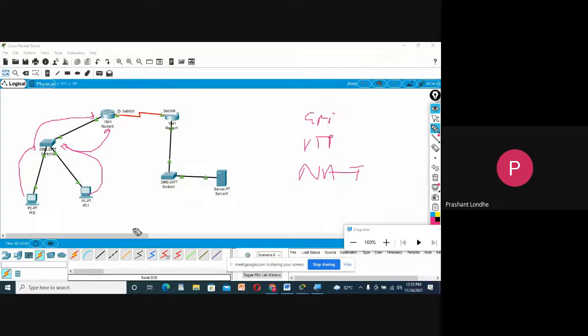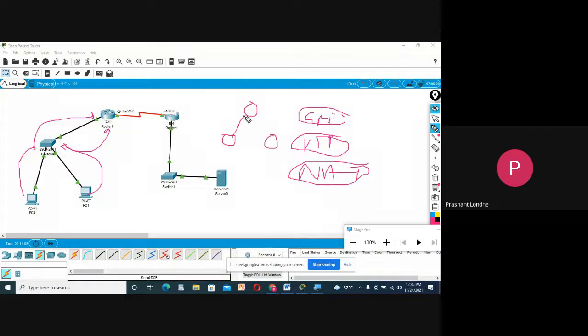In the next practical, we are also going to connect the 2 ports from one device. It is only for the purpose of backup. Now just see here, GRE is used for the same purpose, VTP is also used for the same purpose, and NAT is also used for the same purpose. What we were doing in static configuration, we were connecting 3 routers.